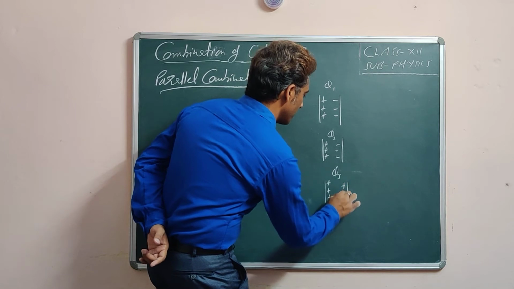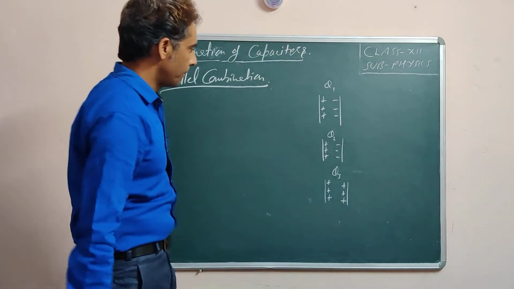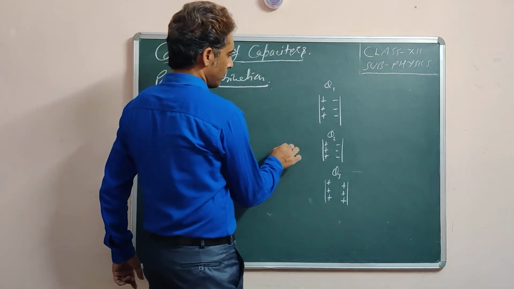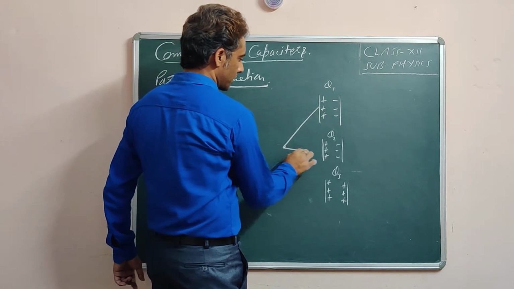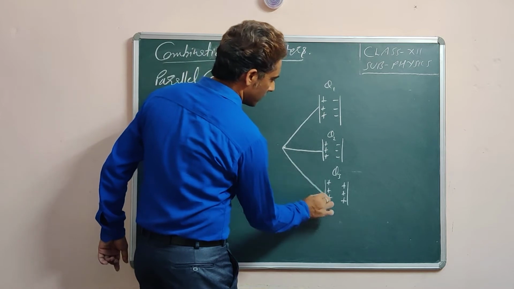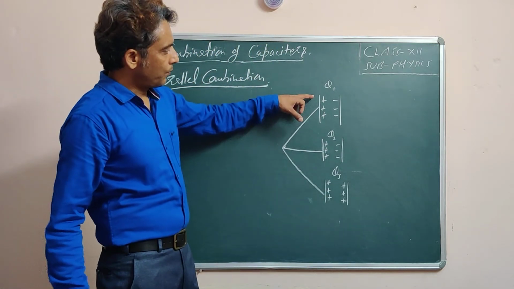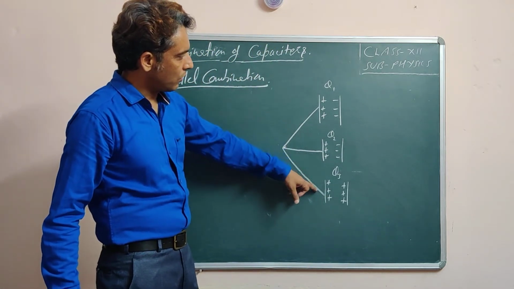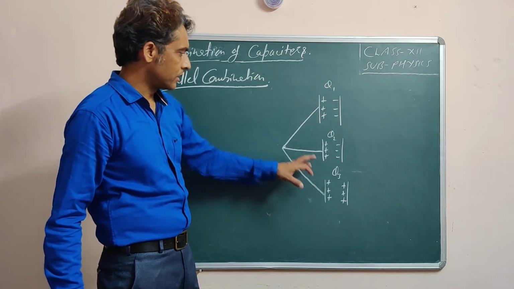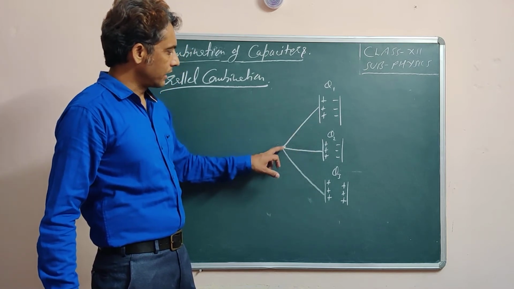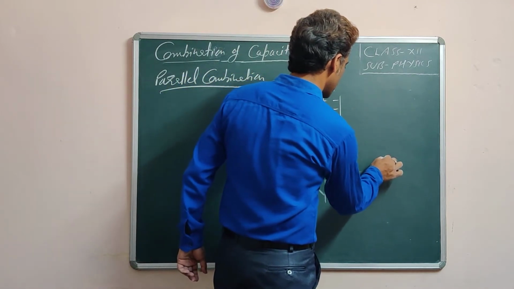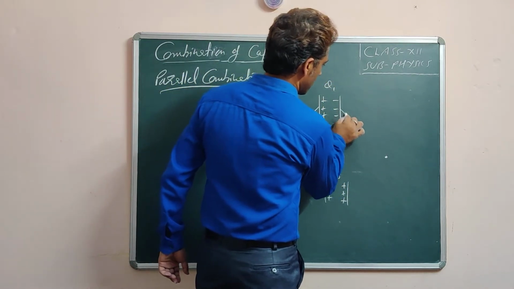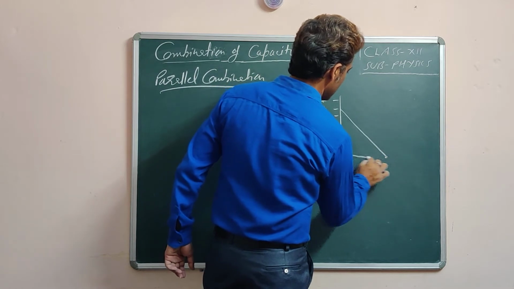This is the positive plate, this is negative plate. If the capacitors are connected like this, so here positive plates of these 3 capacitors are connected at this point, and let this is the point where negative end of the plates is connected,